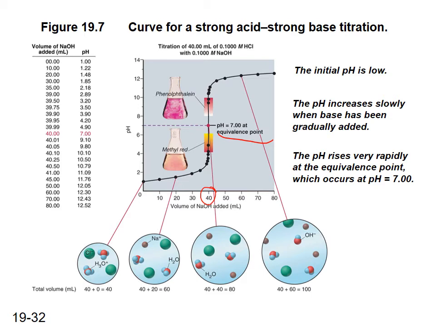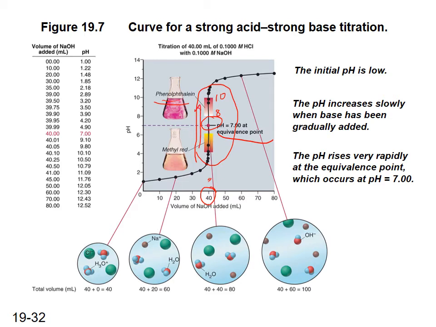Ideally, we want an indicator that changes color exactly at this equivalence point. In reality, indicators may change color at a different pH. For example, phenolphthalein changes color from 8 to 10. However, you can see on the titration curve, here is called the vertical portion, and within this vertical portion, a small volume of sodium hydroxide causes a